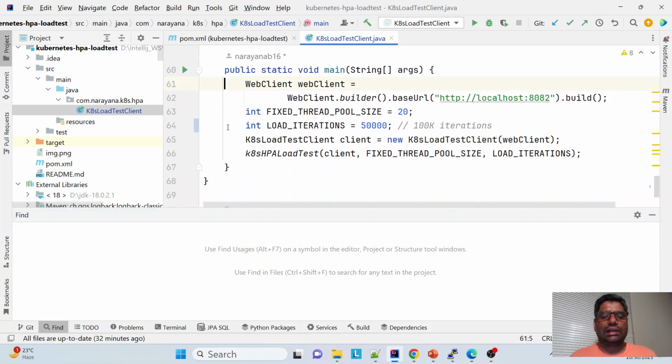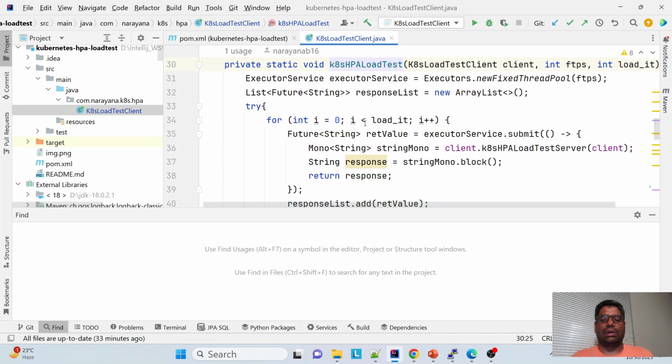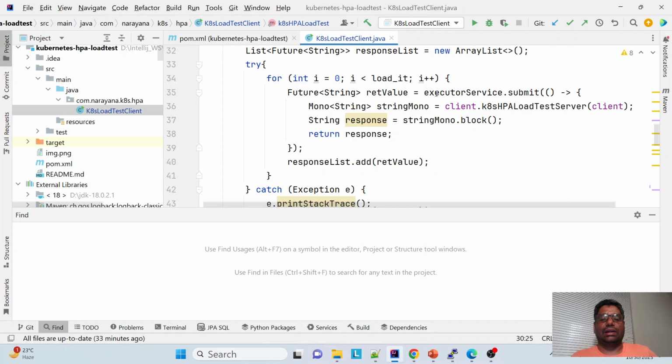I'm creating a client which is a web, as I said, an asynchronous web client, which is going to use 20 thread pools and 50k iterations. If you want to increase, yes, you can go ahead and change. And I'm putting the load and making calls on an asynchronous basis. Okay, so if you look here, I'm using a thread pool executor mechanism, and then I'm making calls